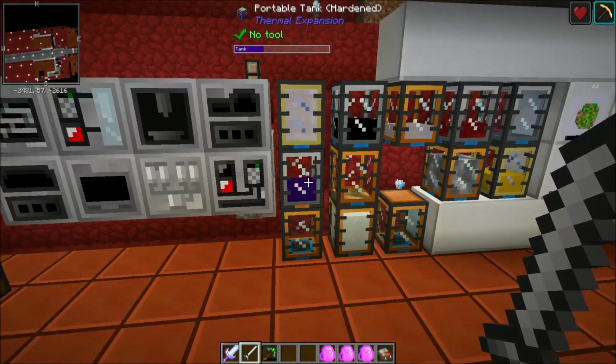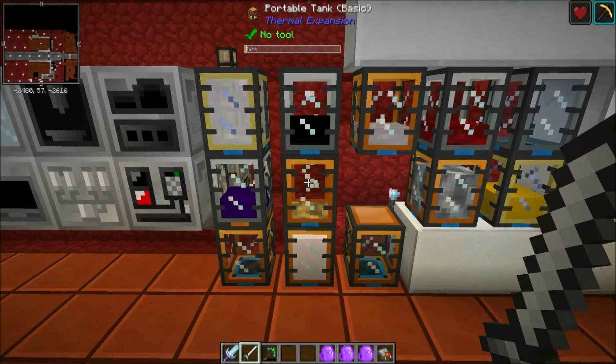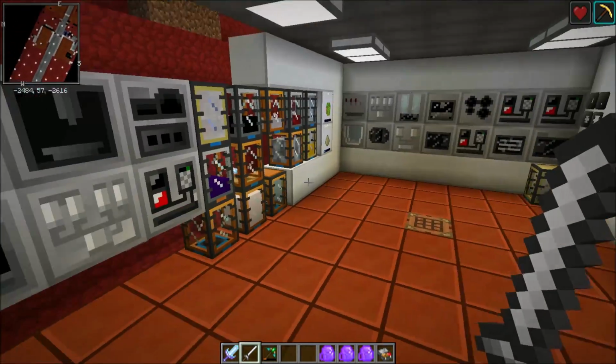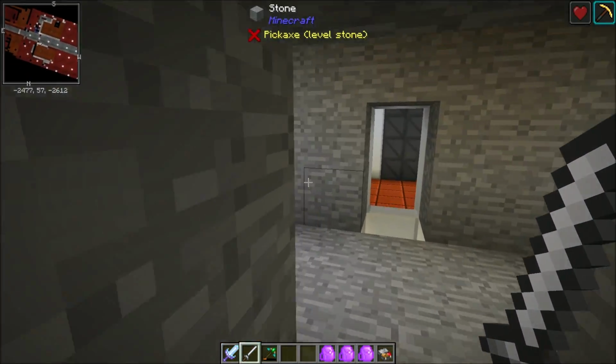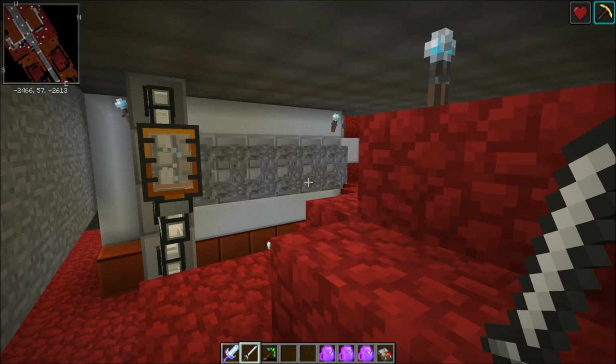That's why. And then portable tanks with different fluids, all hardened, or not all hardened. These are basic ones, but a lot of these are hardened ones. And then some more machines over here. And then back in here,